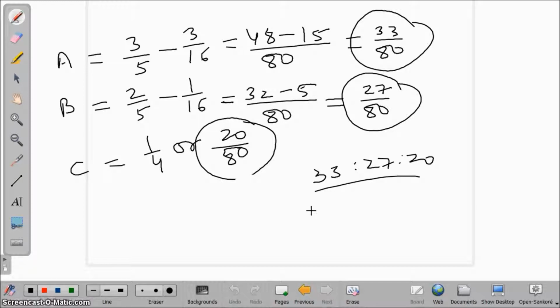I hope you understood how to compute new profit sharing ratio and sacrifice ratio